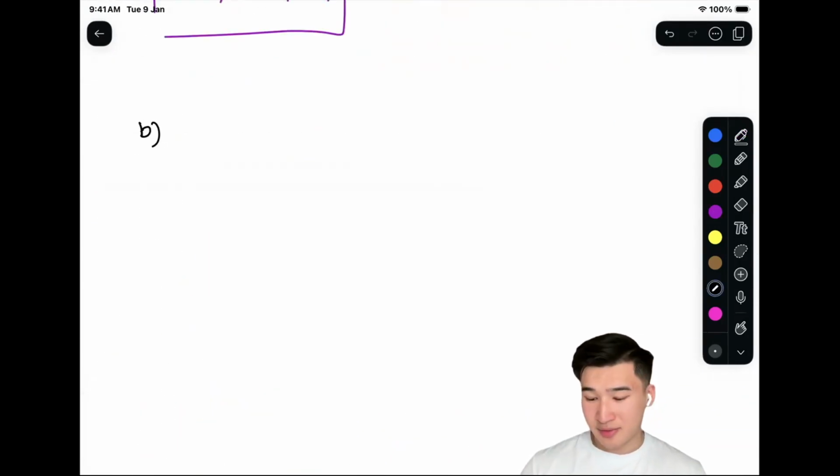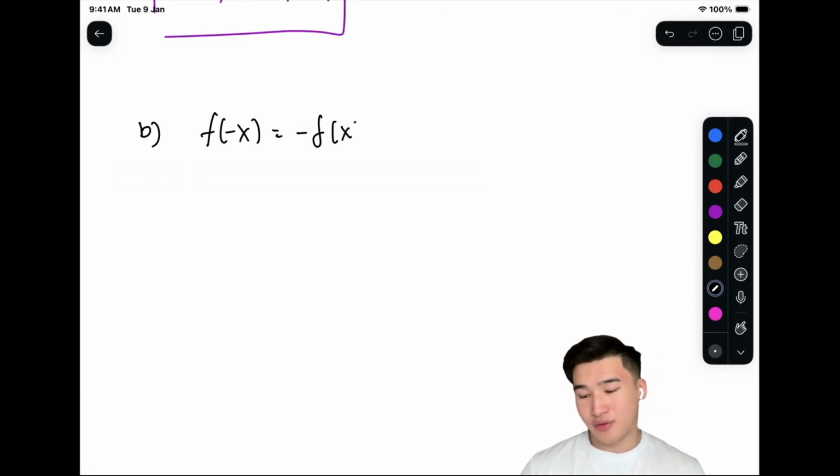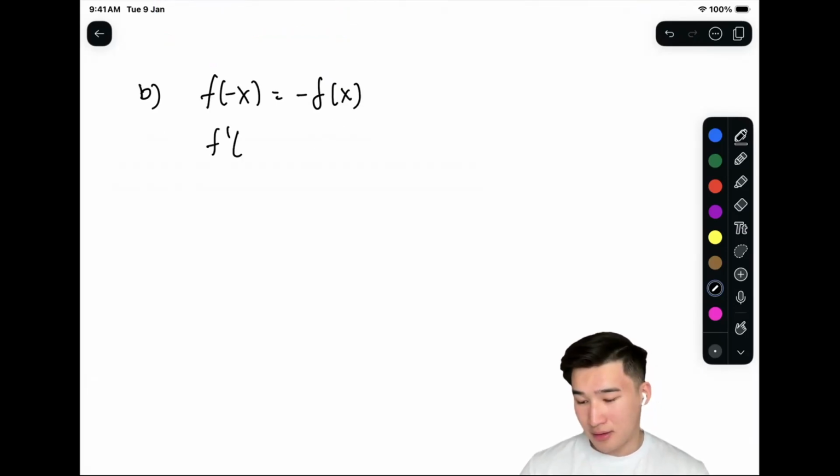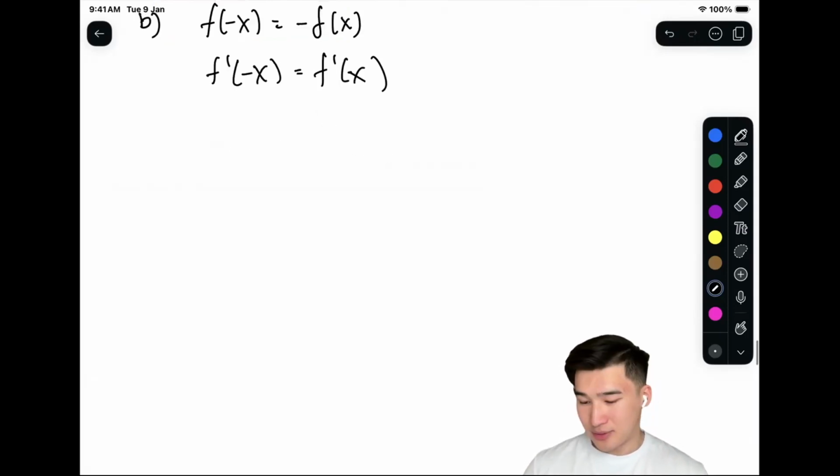Part B is similar. So part B is super similar. We just want to prove that the derivative of an odd function is going to be an even function. Okay, so we know an odd function is going to go something like this, right? And so we want to prove f prime negative x is equal to f prime x. Super simple. Again, method A, method B. So method A,